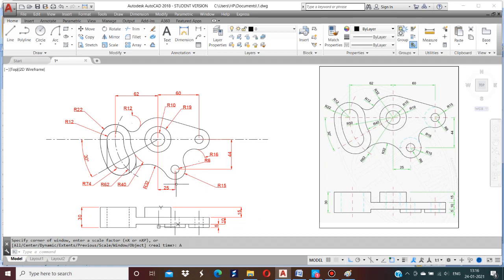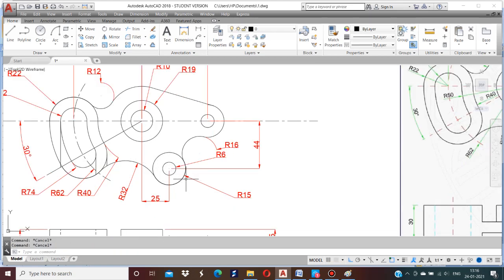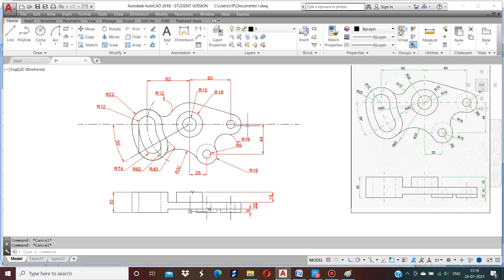Now here you have to draw a circle and then break it. So this is 30 mm. Now it is a full circle. Therefore, using break command, you can break it. Select object, first point, from here to here. Now select the circle, go for hidden. Here also circle, center point 30 mm.